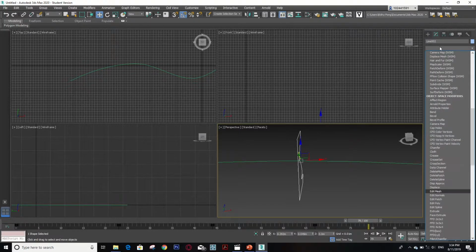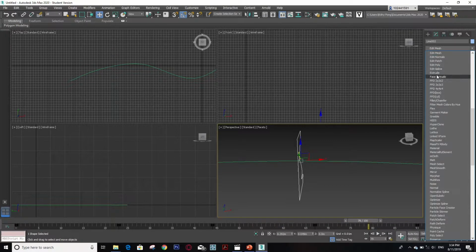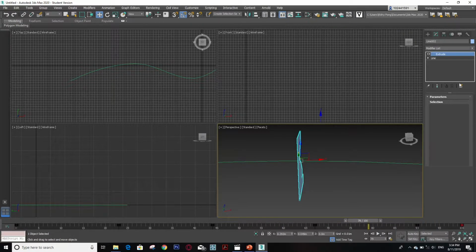So go to extrude. Yeah, and then in the parameters, increase the thickness, and after you increase the thickness, just stay on it, and then go to tool,